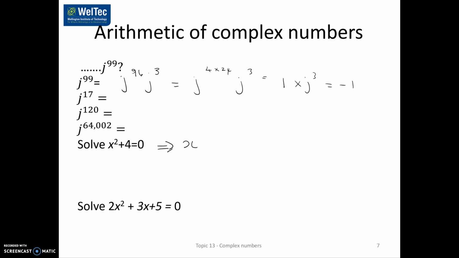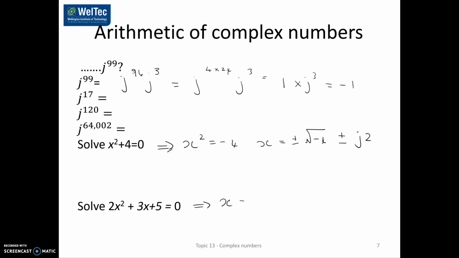We'd say x squared equals -4, and x then equals plus or minus the square root of -4, which would be plus or minus j2 or 2j, depending on how you're going to write it. If we wanted to solve 2x squared plus 3x plus 5 equals 0, previously we couldn't have done it, but